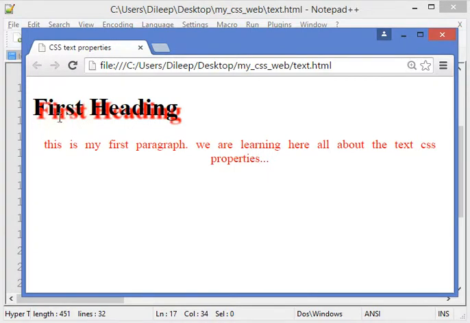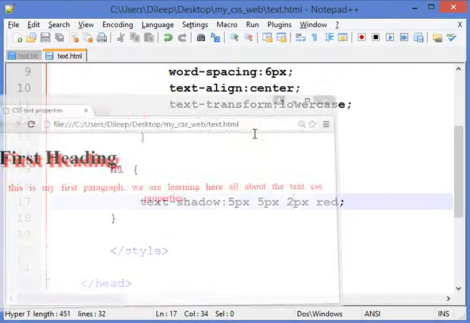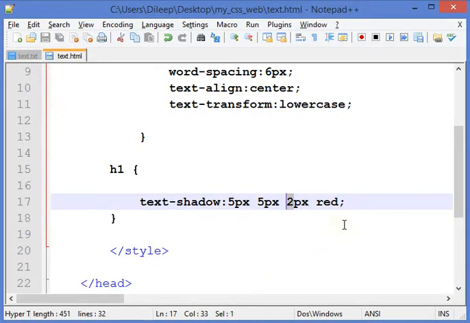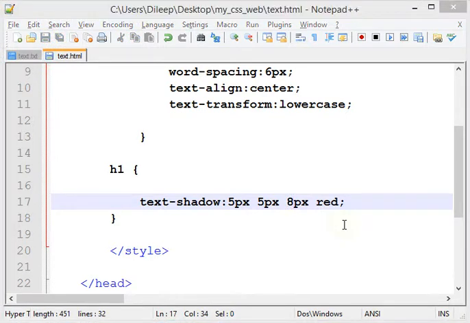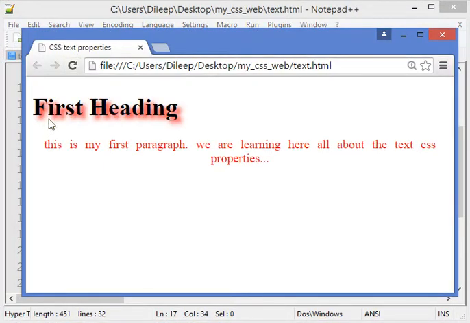Basically it is written in red color, first heading. Suppose I want to increase the blurriness so that we will not be able to read this shadow, right? So how will we do it? I can increase the blurriness, suppose 8 pixels, right? And now I will refresh. So this is how the shadow of our heading text becomes.